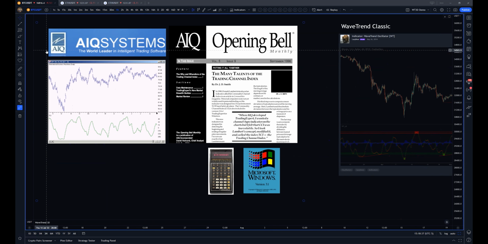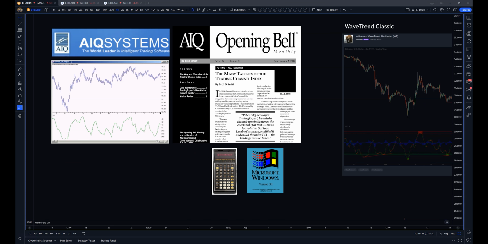All the way in the year 1980, there was this algorithm that is lesser known, made by a company called AIQ Systems. And they published this algorithm called the Trading Channel Index. And according to this article that I found, which is published back in 1996, this algorithm was specifically designed to be an improvement on the CCI, which is the Commodity Channel Index, and that was actually only introduced also in